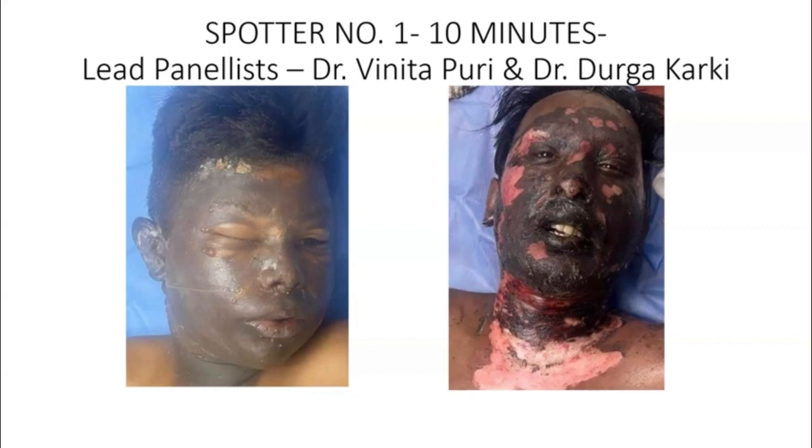We have to take care of all these things. And important is we have to take the history, whether some blast occurred, some closed space, which is very important, the mechanism of injury. So I want to add this, whether it was a plastic burn or some wooden clothing, so we can have some idea regarding some systemic effect we can see with the toxic gases. So these are very important questions to ask.